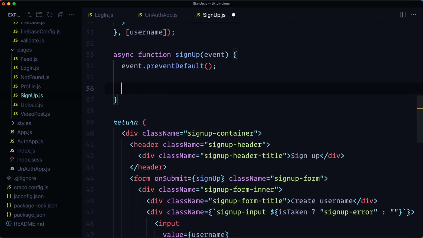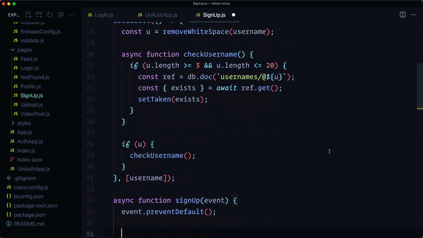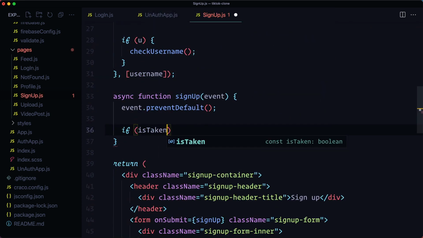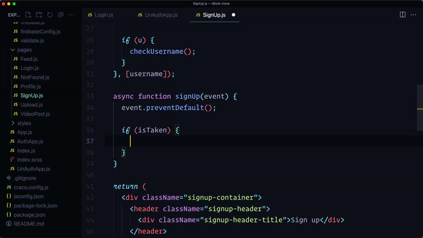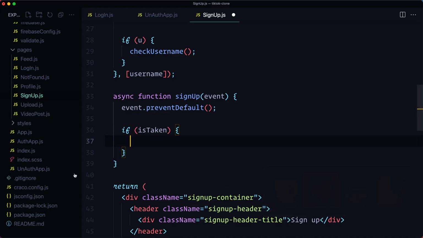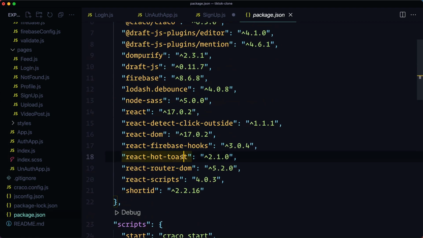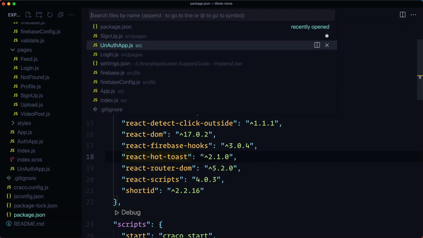And then first of all, we want to check once more whether the username has been taken. So if isTaken is true is our first check. We want to do something other than displaying a very small message right here. We want to display a toast notification. And what we have to be able to do that is using a special dependency called React Hot Toast. Now this is a very nice small toast library, but what's required to set it up is that we need